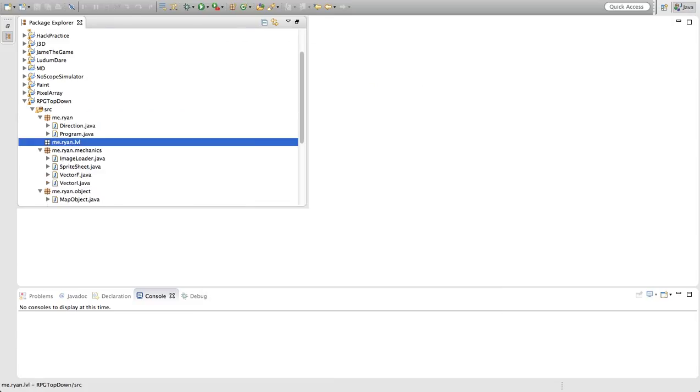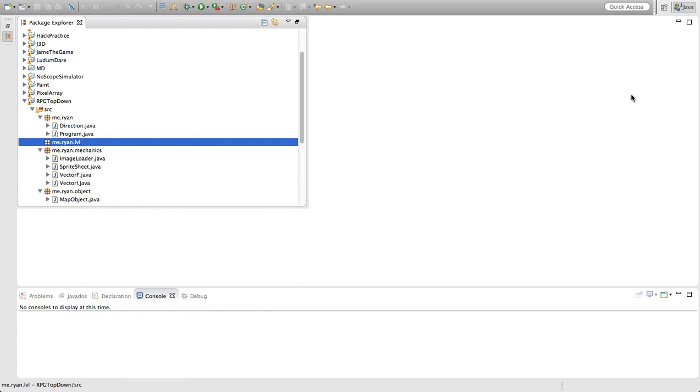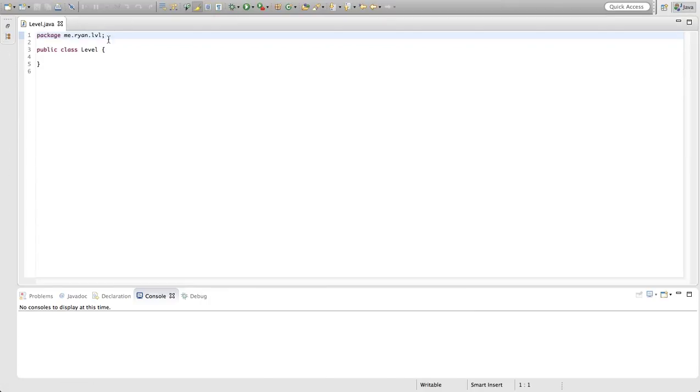No, just LVL, not level. And the only thing we're gonna do is create a new class called level. It shouldn't be a long class, like with a lot of code, but first thing we're gonna do is create a private constructor called private Level,